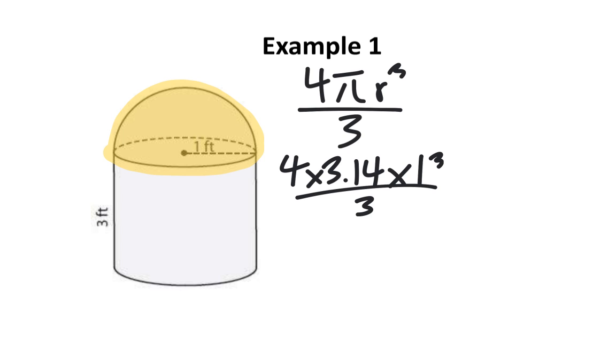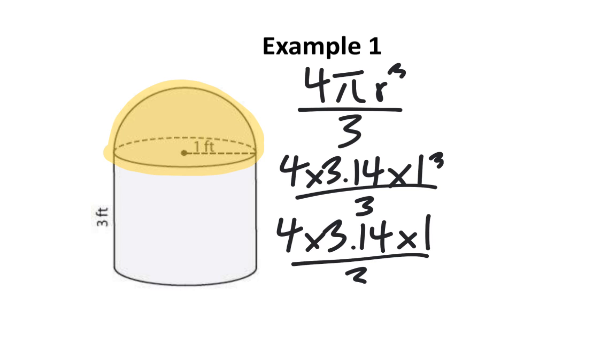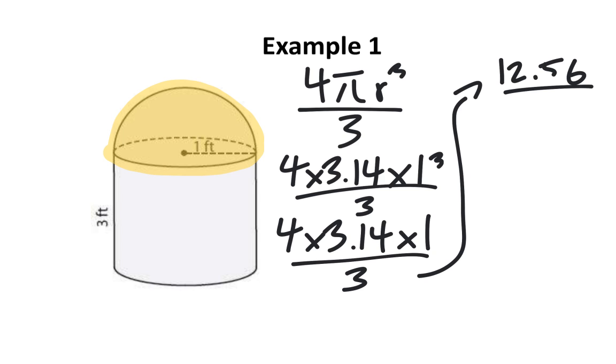At this point, you'll need to remember to follow BEDMAS, which means you need to do exponents before multiplying and then dividing at the end. 1 to the power of 3 is the same thing as 1 times 1 times 1, which is equal to 1. Four times 3.14 times 1 is 12.56, and then we need to divide by 3, and that is going to become approximately